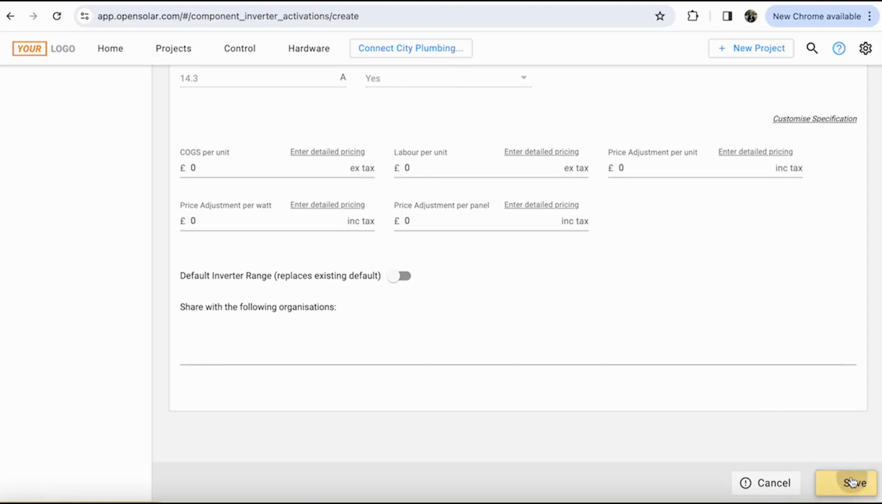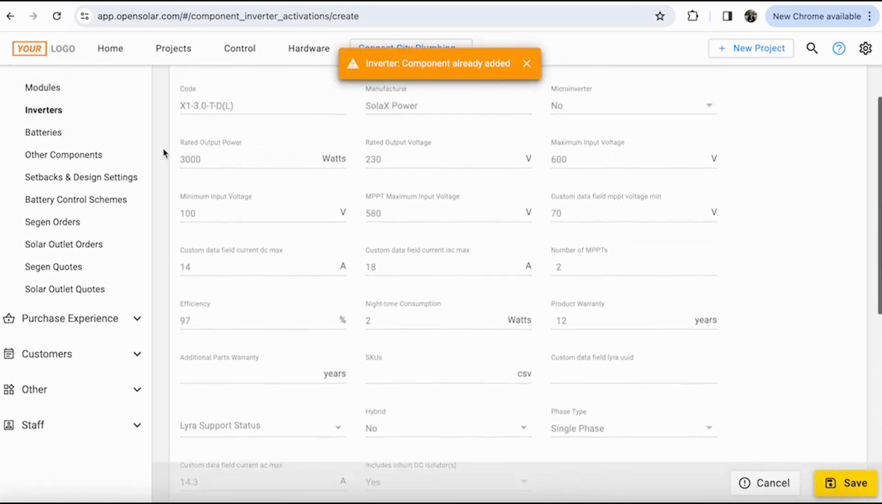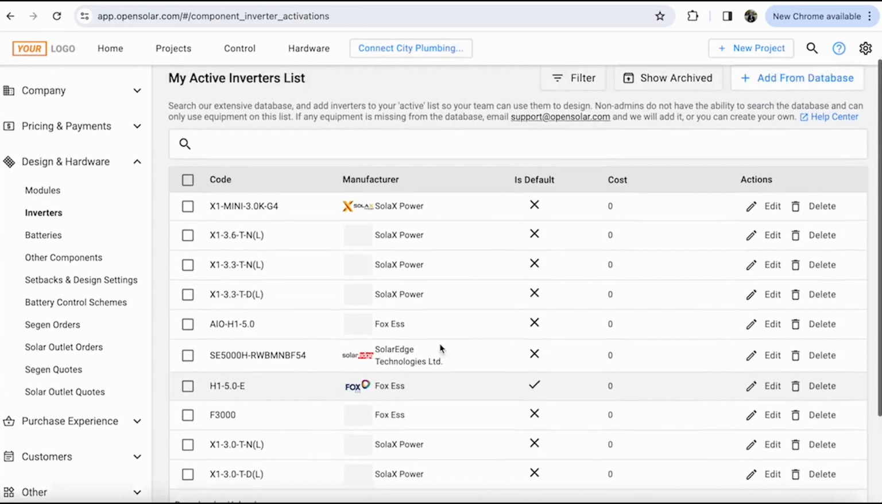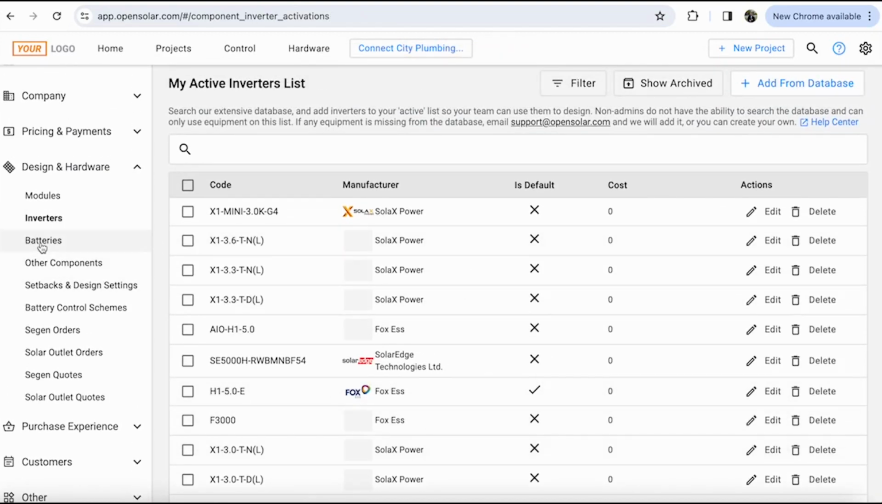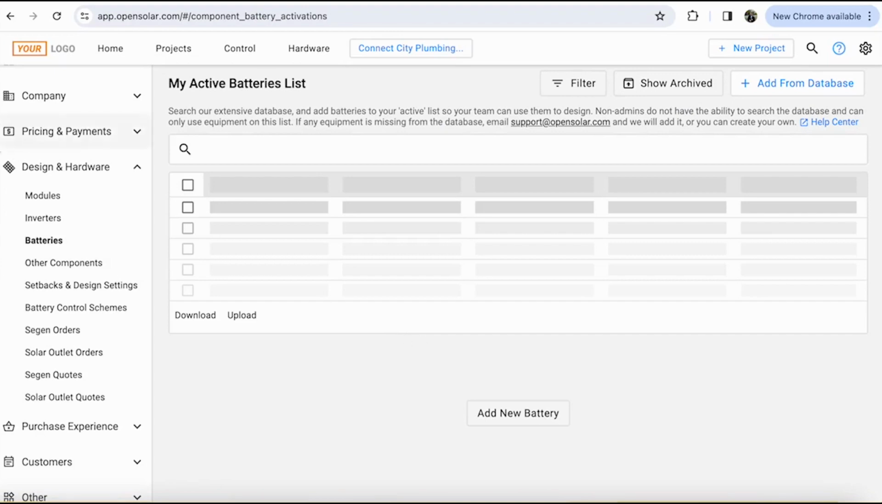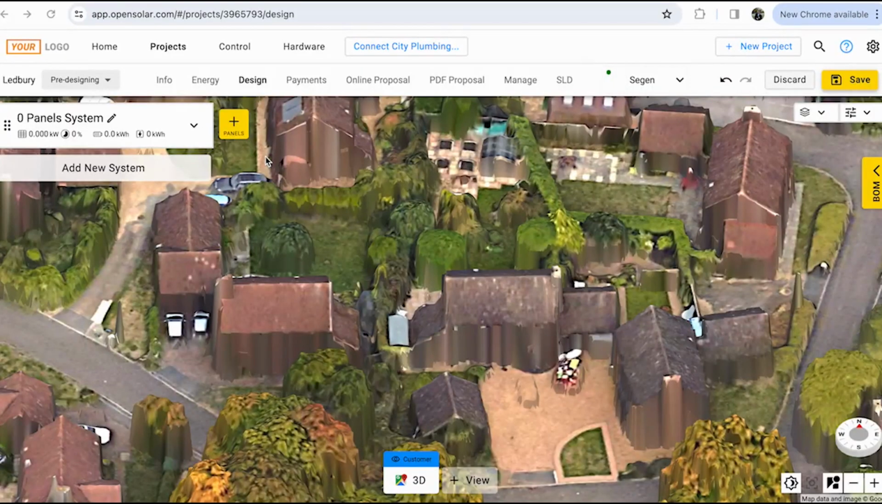We can now hit Save, and just like that, we will be able to review a list of all the components that are added to our components list. Same goes for batteries. Once we enter the important information about our customers and their electricity usage, we are now in the design section